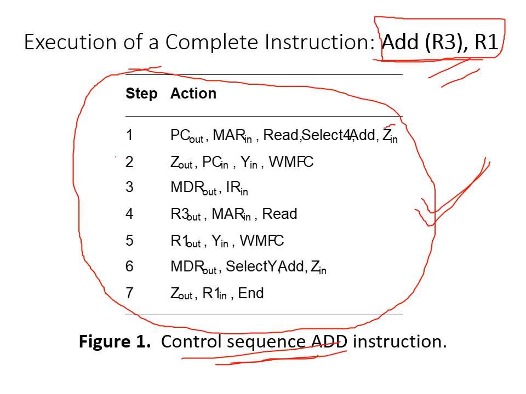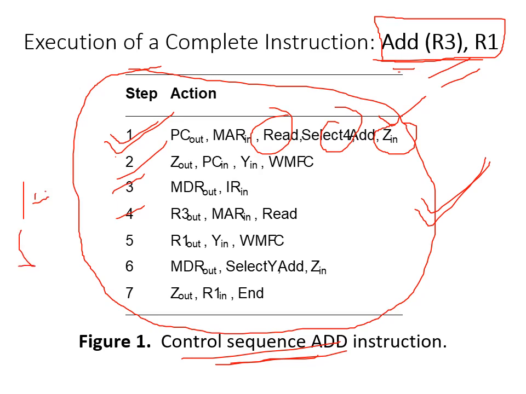The processor knows that ZIN should be executed at the first step during execution of add R3 comma R1. So now the processor knows the basic steps that it has to execute at various steps of the add instruction I have written. But all of these are information. Now what is a processor? A processor is a hardware device. A processor works on electronic signals. When you say 1, electronically it is plus 5 volt. When you say 0, it is 0 volt.